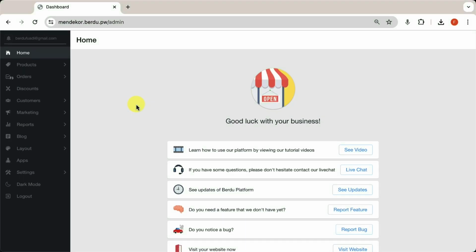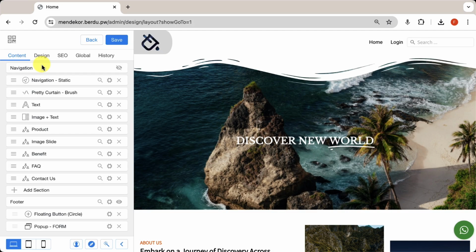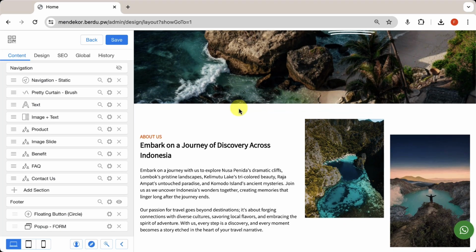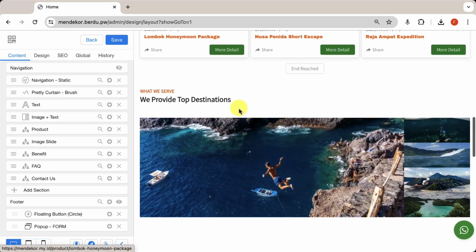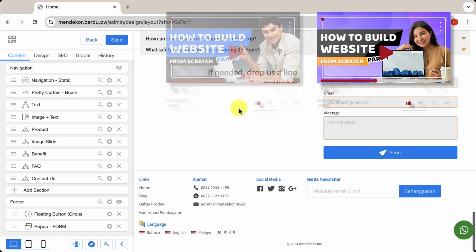From your website's dashboard on Berdu, go to Layout. You can create this pop-up button on a custom page or on the main page. For this example, I will add the pop-up on the main page. This is the appearance of the website in which we will add the pop-up button. If you want to know how to create a web page like this, check out the link in the description